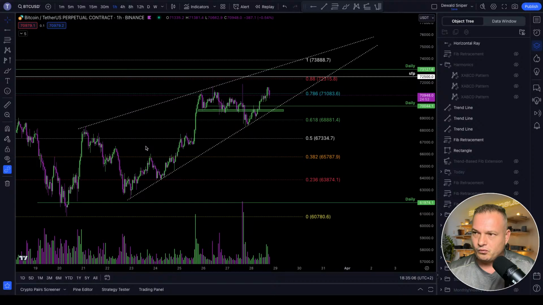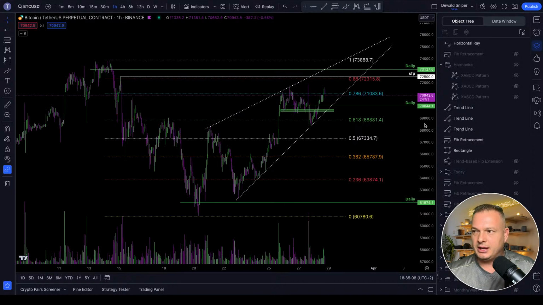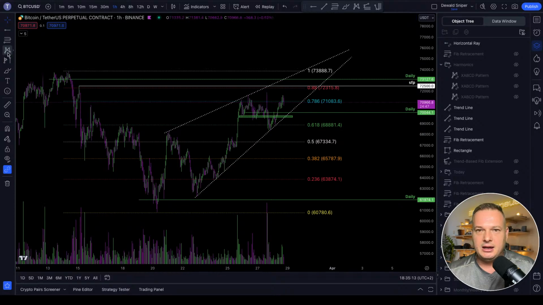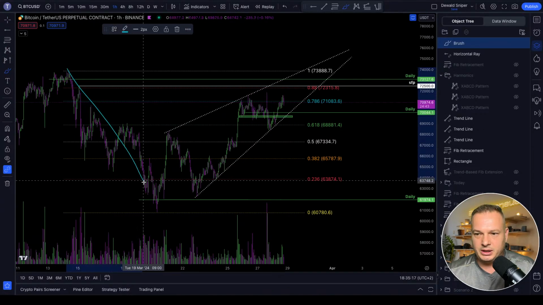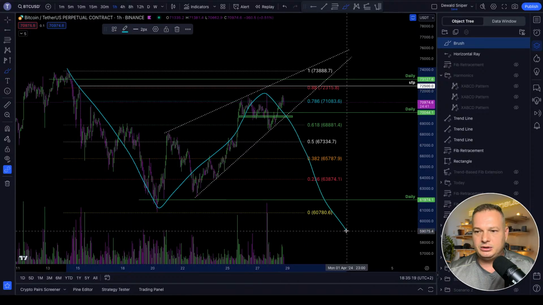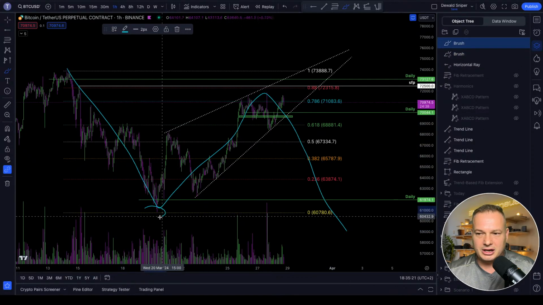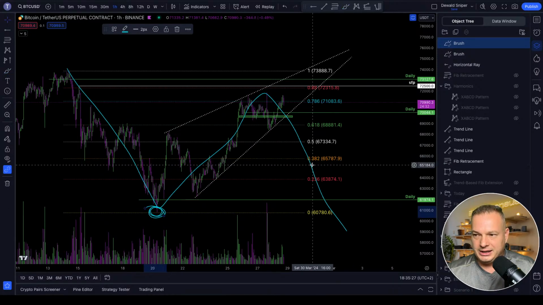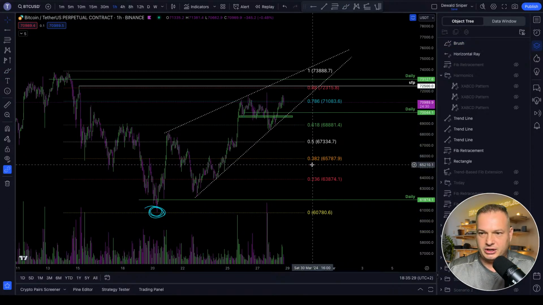And just to briefly go through that again, still keeping this structure in mind, we are still not out of the danger zone yet, where this could still be an A, B, C to the downside, where we're even going to come and claim this low here at the bottom. Right. Where the harmonics that I'm currently watching, just to refresh everyone,